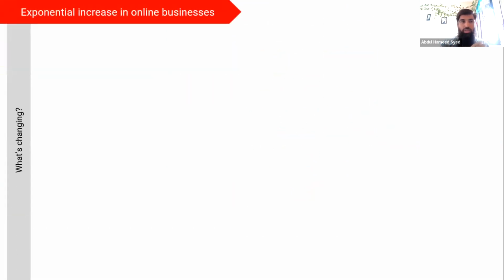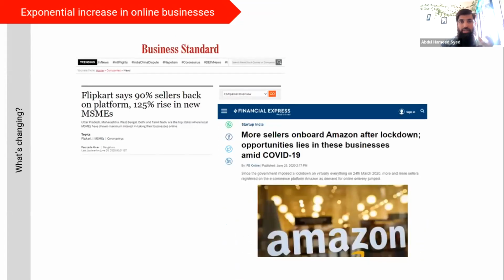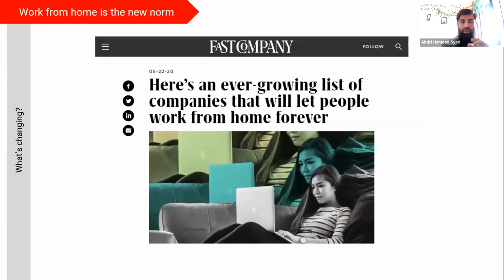ये दो चीजों पे हम फोकस करेंगे। अगर आप थोड़ा सा अपने आसपास का जायजा लेंगे, थोड़े से न्यूज़पेपर्स का या फिर ऑनलाइन क्लिपिंग्स का, जनरली वी गो थ्रू ऑल ऑफ दीज थिंग्स, तो आपको इन चीजों का पता चलेगा। What are the changes that are happening in the market today? There is an exponential increase in the online field, especially in कॉमर्स, स्पेशली इन जॉब्स एंड एवरीथिंग। हर चीज आजकल ऑनलाइन आ रही है, यहाँ तक कि स्कूल्स, कॉलेजेस सब कुछ ऑनलाइन आ रहे हैं।